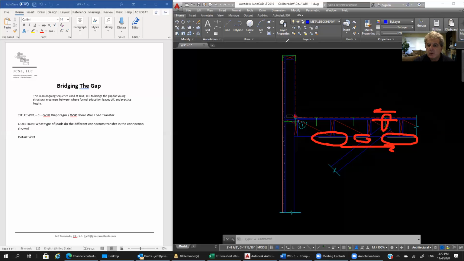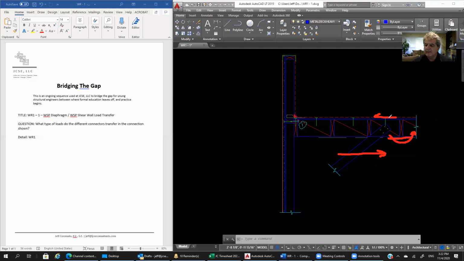Basically what we're trying to do here is share the load between what the brace induces into our roof assembly and how much shear the diaphragm is able to resist over this particular length, and then we're using this strap to transfer some of the load that is in excess from this resistance right here,